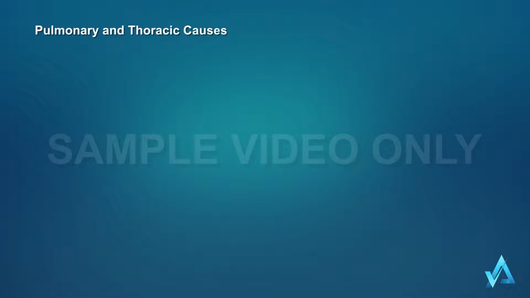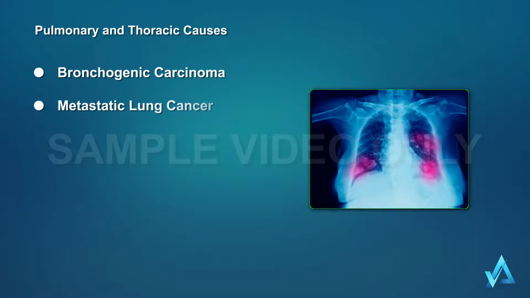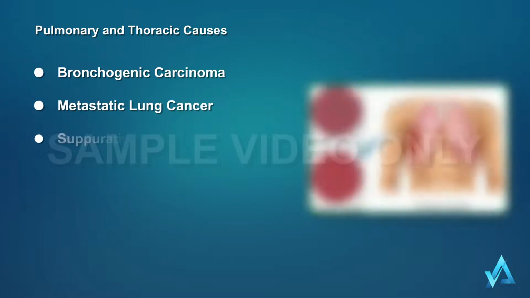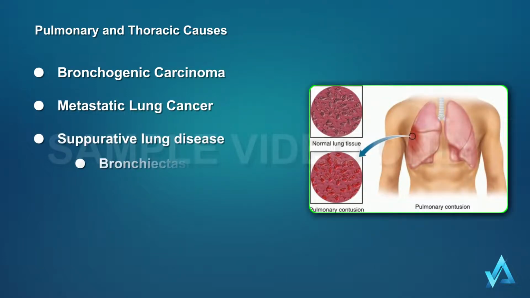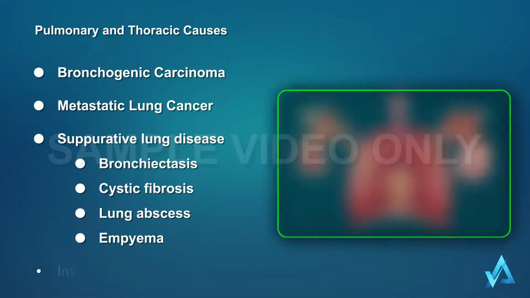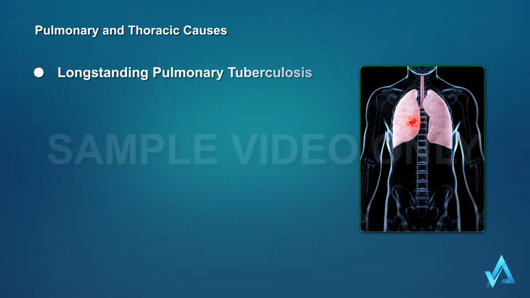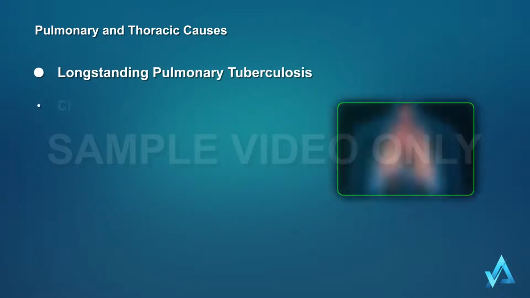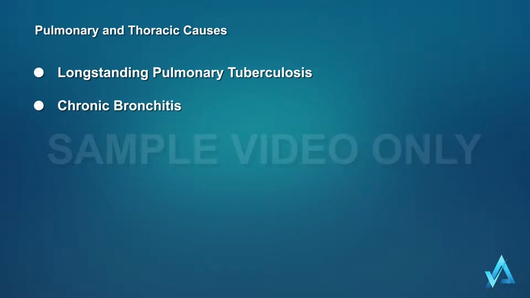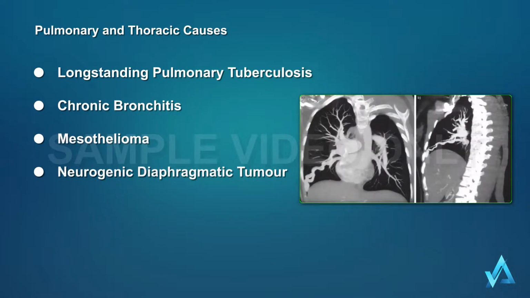Pulmonary and thoracic causes: bronchogenic carcinoma, metastatic lung cancer, suppurative lung disease, bronchiectasis, cystic fibrosis, lung abscess, empyema, interstitial lung disease, long-standing pulmonary tuberculosis, chronic bronchitis, mesothelioma, neurogenic diaphragmatic tumor, pulmonary AV malformation,